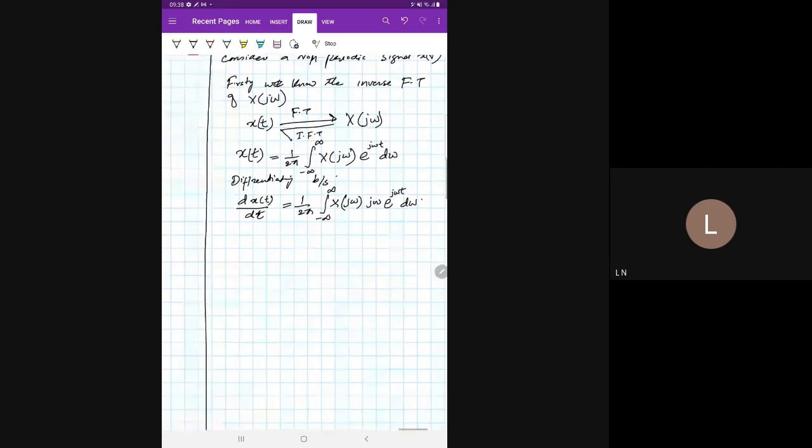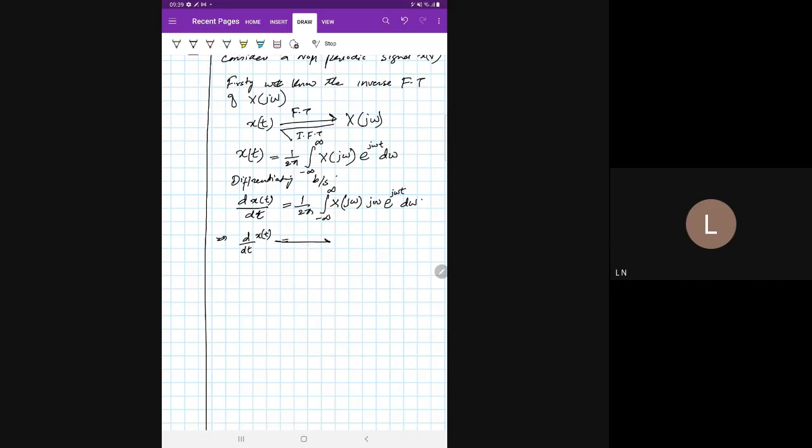From which it follows that d by dt of x of t is equal to